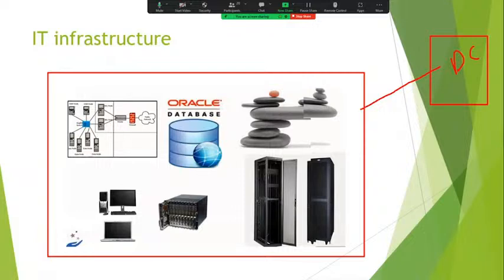So what is the data center? The data center is the heart of the organization, where we can build, deploy, manage, and access applications through the internal or corporate network.